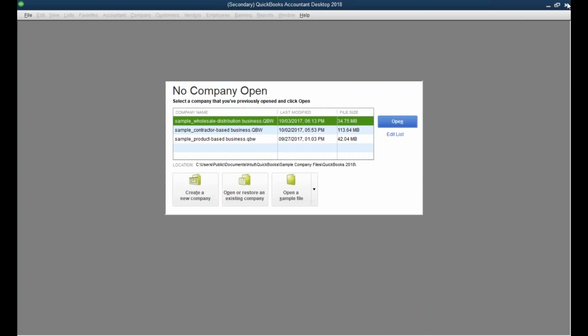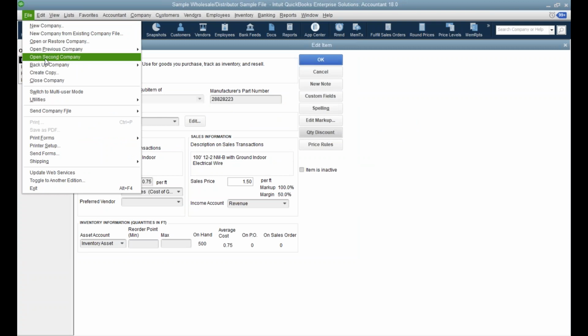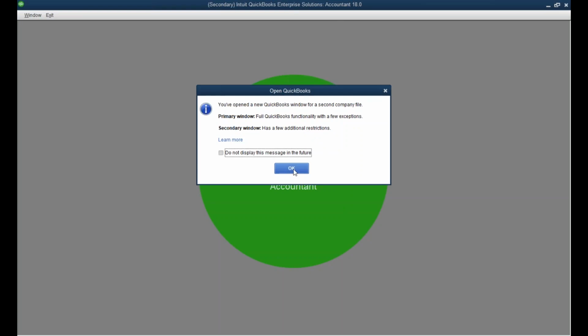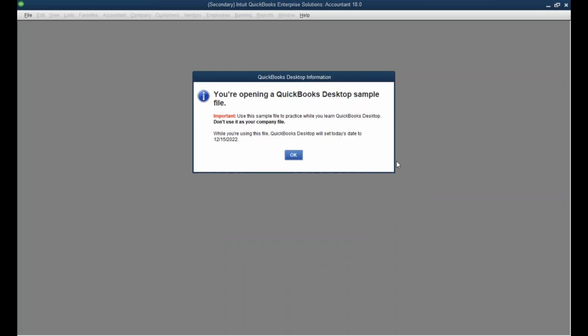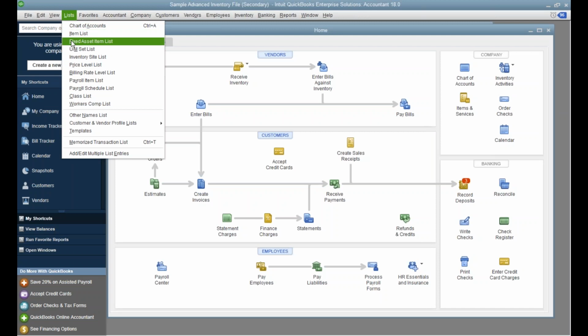And then we'll go back into, and let me open up the second file, and do the advanced inventory. So the advanced inventory, just so you can see how it plays out, has sites in here. So now I've got